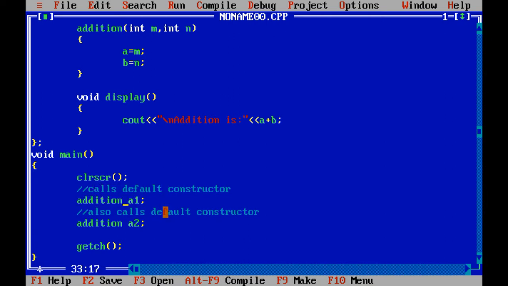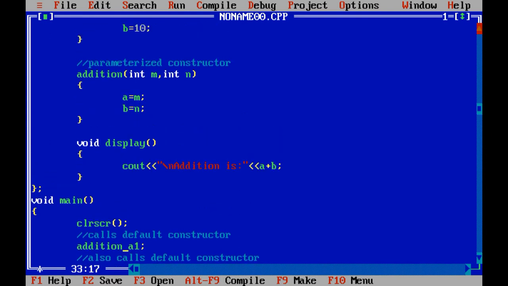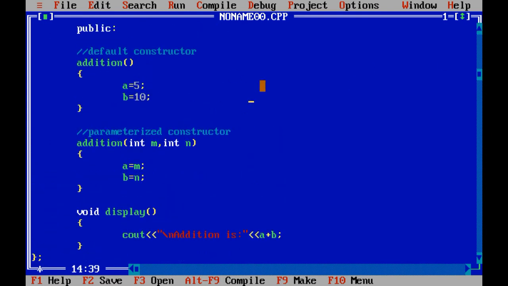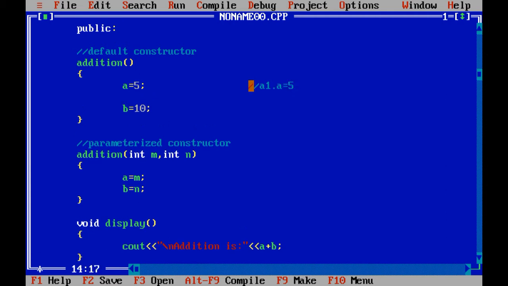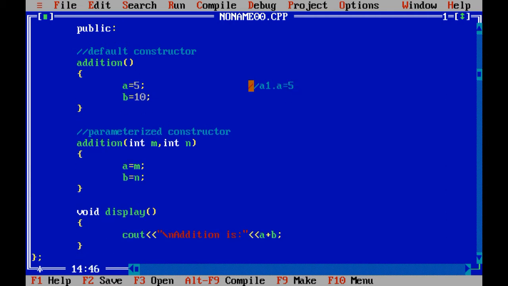So what is the definition of default constructor? When you create the object of any class, in such cases it will call default constructor of that particular class. So in both the cases A1 and A2 it will call default constructor of class, and here a1.a becomes 5. Similarly a1.b becomes 10.